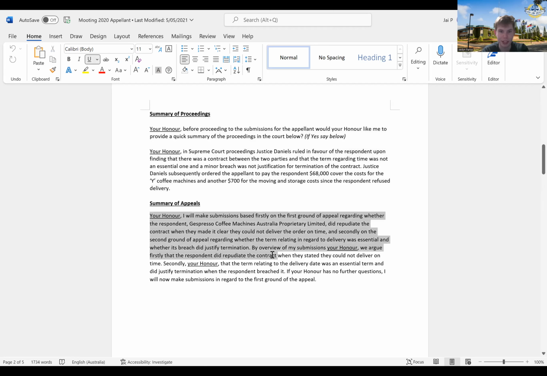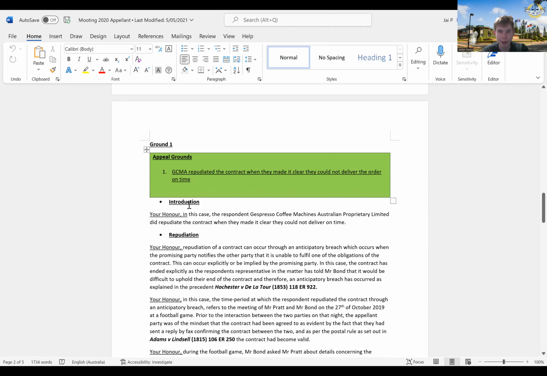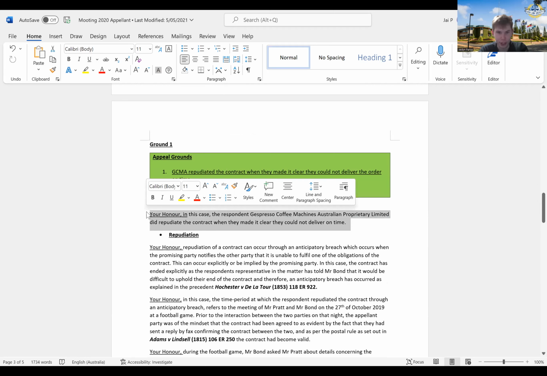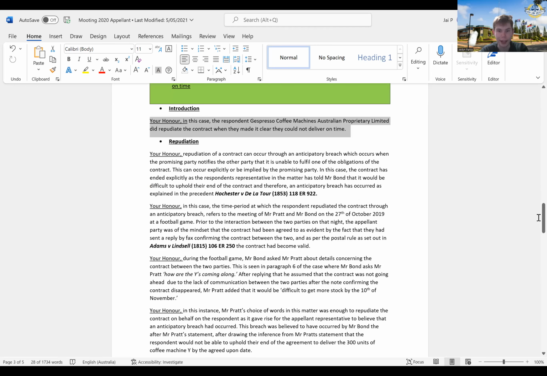The summary of appeals is just outlining, firstly, what the appeals are. So we've got the two appeals which are in the question, and explaining what your arguments are going to be. So they're pretty brief. And then your speech is pretty much just your submissions, but more fleshed out. If you look at the examples they're giving you, you can see it's been fleshed out a little bit more. It's just enough to make it more of a script type thing rather than formal writing, and it gives more of an explanation. So you use more facts and explain the law in more depth.